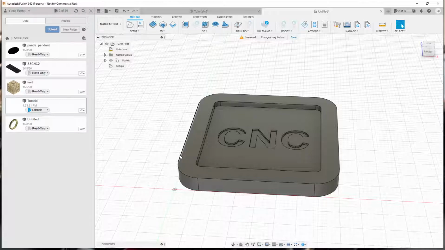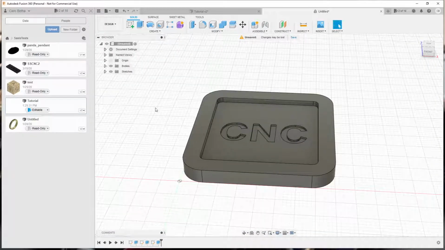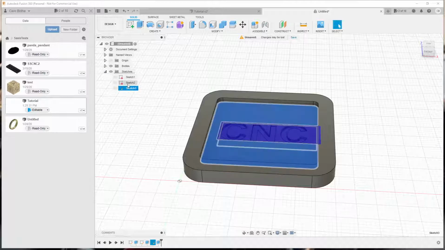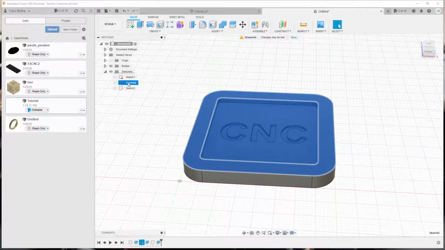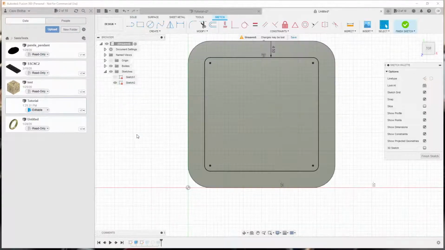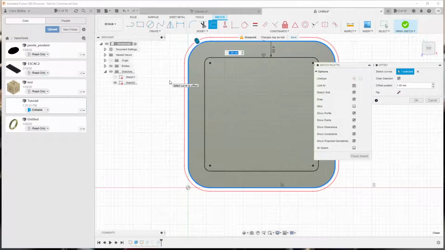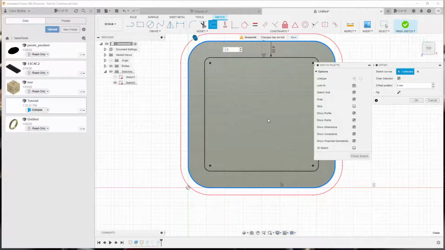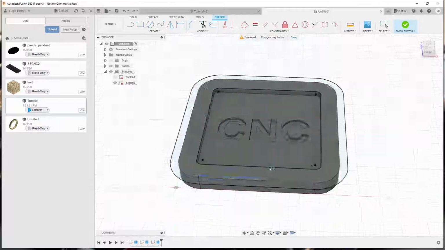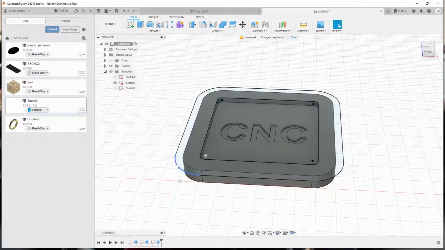So what I might do is go back out of manufacturing into design and just give myself a slightly wider curve over there. I'm going to look for my sketches, and my third sketch was this one, and my second sketch was that one. So I'm going to work on the sketch again, and I'm going to do an offset. I'm going to offset that curve outwards, just another millimeter, just to be safe. Now I'm going to make it 2 millimeters. Okay. And I'm going to finish that sketch, just so that I've got a little extra area to work with